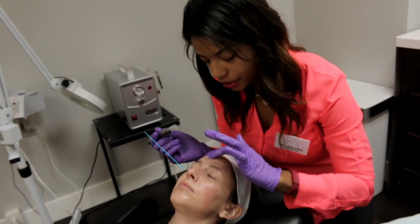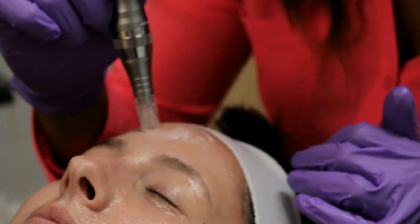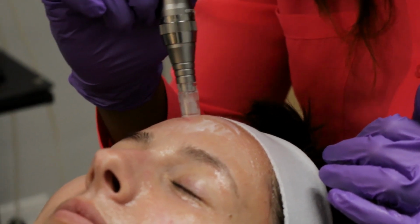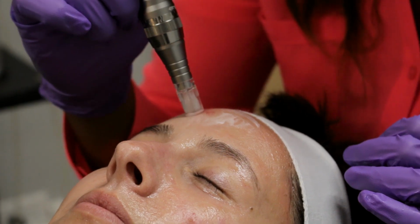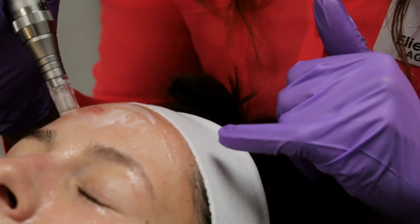I'm just gonna put some moisturizing lotion. It's CeraVe, and that helps the pen glide smoothly. We recommend that you allow 3 days of downtime for microneedling because you will be red. As you can see here, she's responding very well, and she's gonna look like she's had a really bad